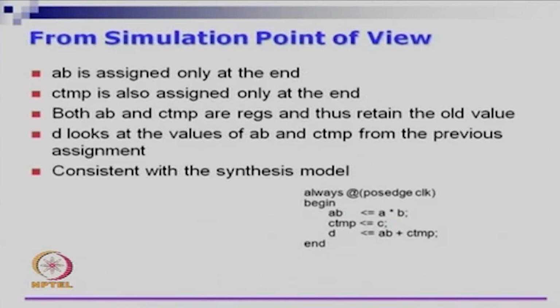From a simulation point of view also this is perfect, because you look at all the right sides. You take the current A and B, multiply them, but you want to give it in the future. You take the current C, whatever C is storing, and put it in C temp, but whatever AB and C temp are storing right now, you add them and put it in D. So, we evaluate the right side first. A times B should be given to AB in the future, you do not do it right away. Whatever value of C should be given to C temp in the future, you do not give it right away, but whatever values of AB and C temp are right now, you add them and assign it to D